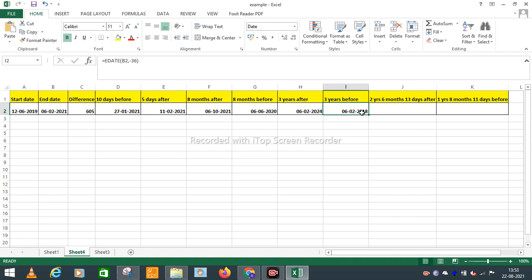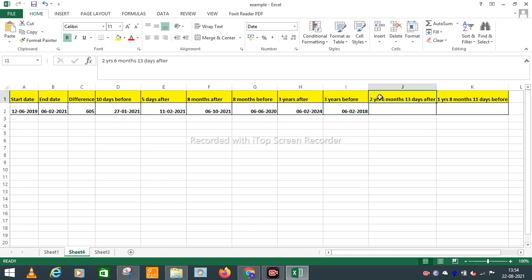Now we have calculated with days, months and years separately. Now consider a situation where all of these come at a time, like days, months, and years are all present, we have to calculate in that way. Like in my next example, say 2 years, 6 months and 13 days.